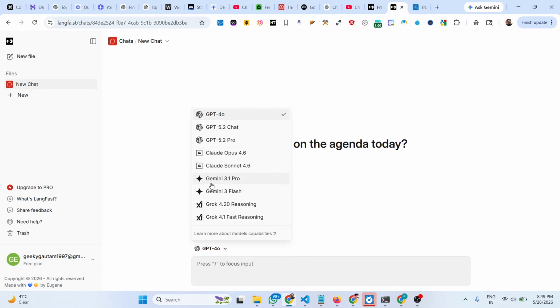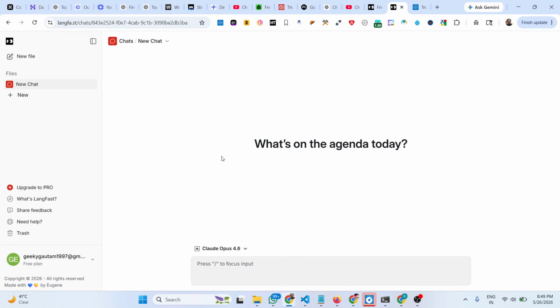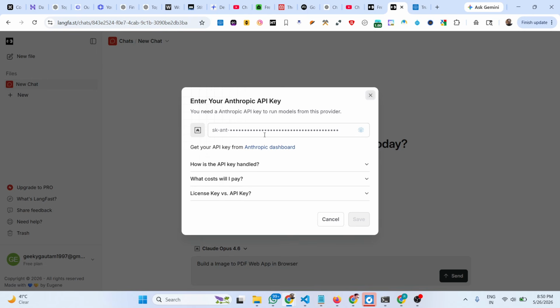From here you select any kind of model that you want to. Claude Sonnet, Claude Opus is also there. You select the model. After that, it's a free playground section. After you do this,